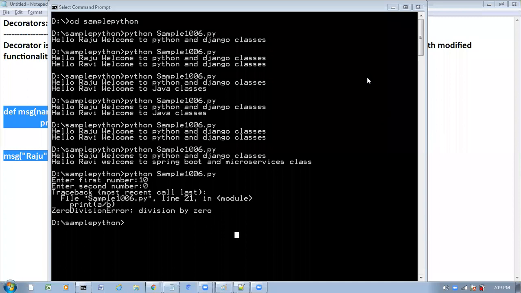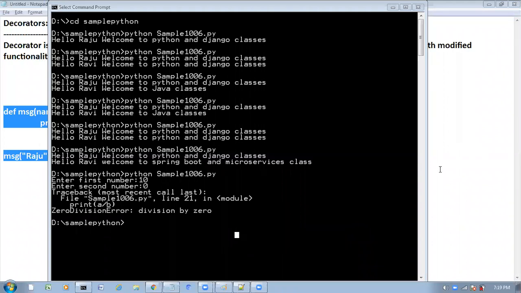Is it clear? So in this case, can I go for the decorators concept or not? Instead of displaying this stack trace to the user, by using decorators we can modify this and display a proper neat message to the end user. In this case, we can go for the decorators concept.